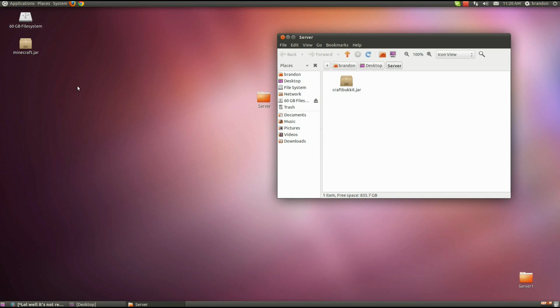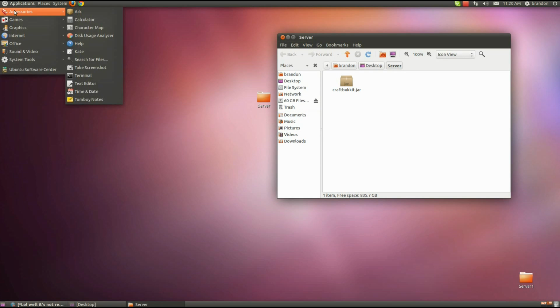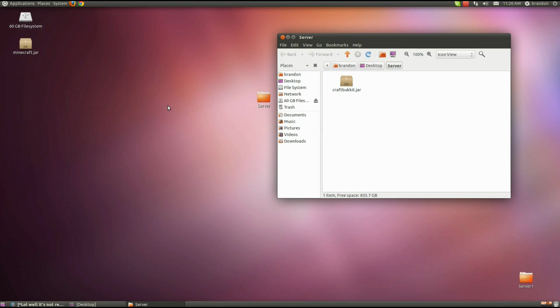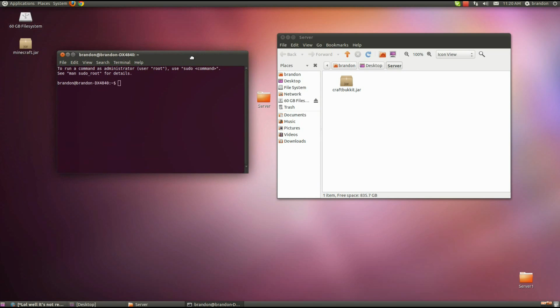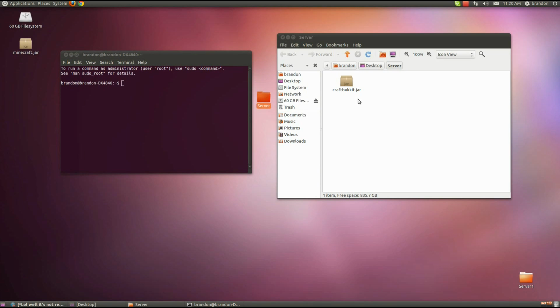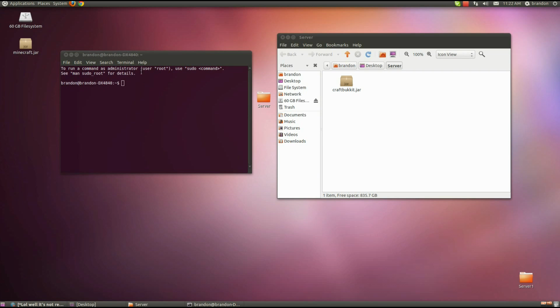When that's in there, you're going to want to open up your terminal by either going to Applications, Accessories, and Terminal, or hitting Control, Alt, and T to open your terminal. Now what you're going to want to do is move to the server folder directory. To do this, you're just going to go into your terminal and type cd, as in change directory,